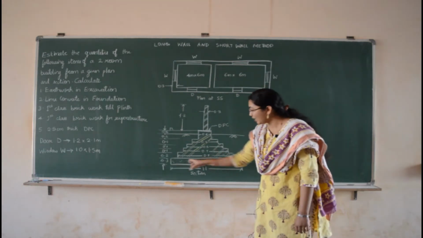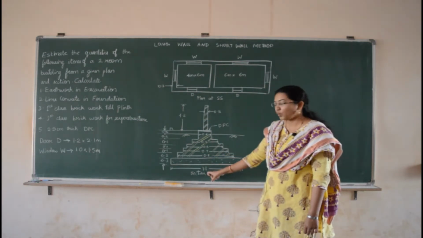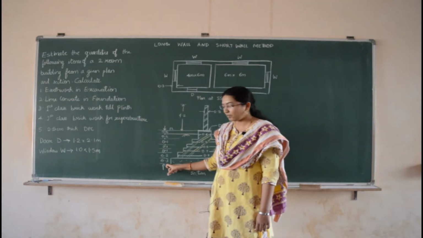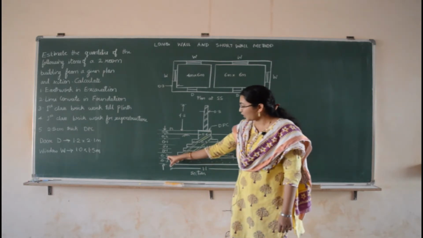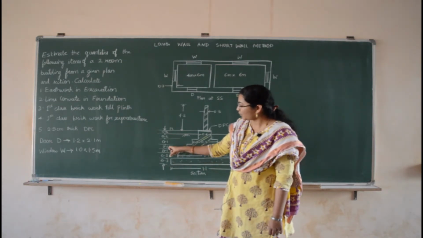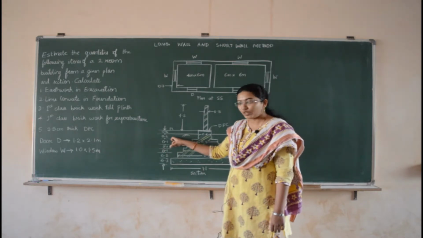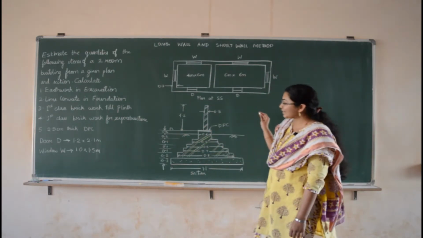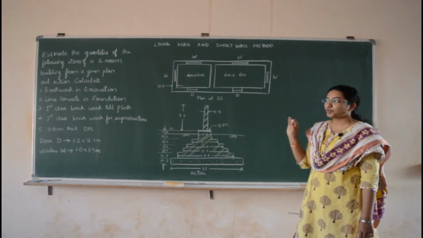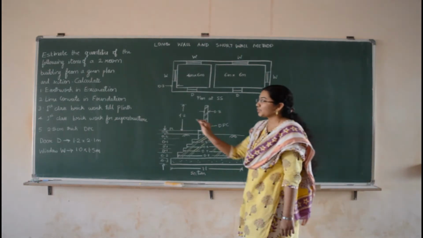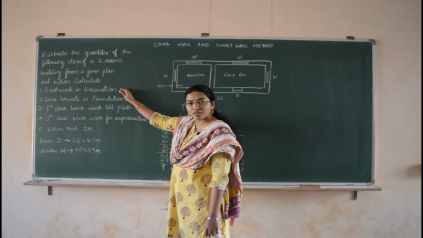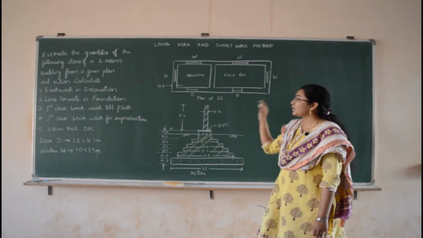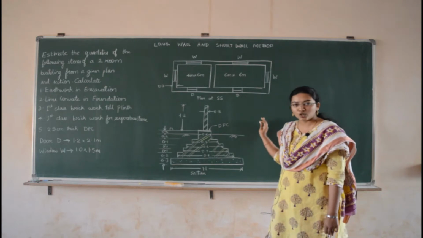Below that we have lime concrete of a width of 1.1 meters. The height of lime concrete is given as 0.3 meters. Then the first step has 0.2 meters height, then 0.1, 0.1, 0.1 and then 0.2. For the plinth it is given as 0.6. So seeing the section and the plan, we have to do the estimation for each item. The first one is earthwork in excavation. Depending upon the plan, we need to find out how much we have to excavate.